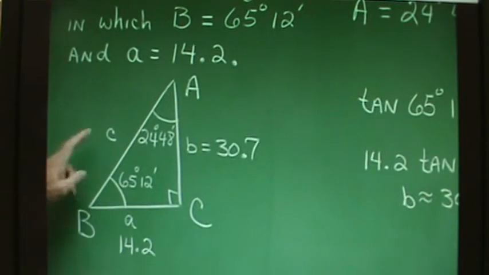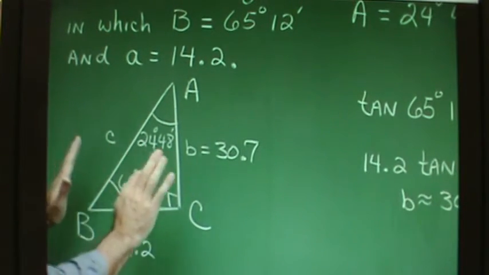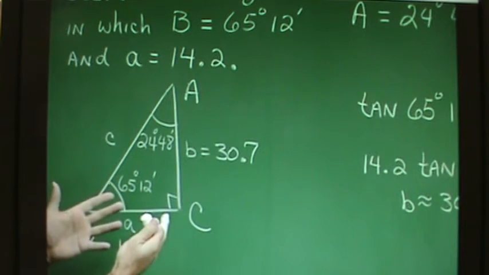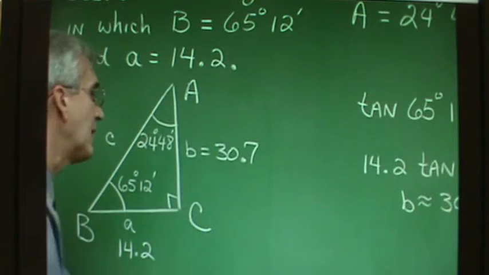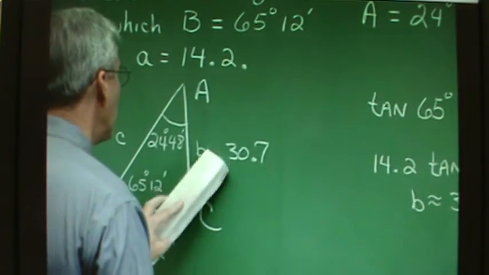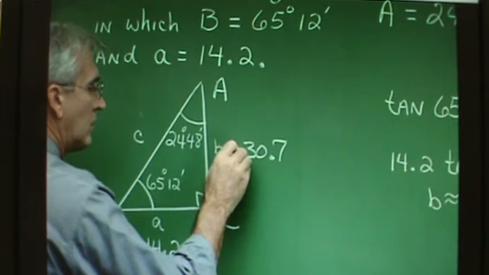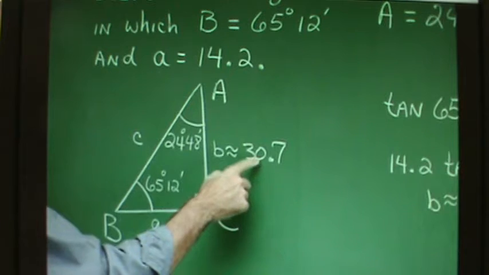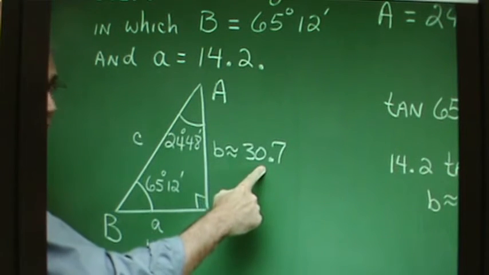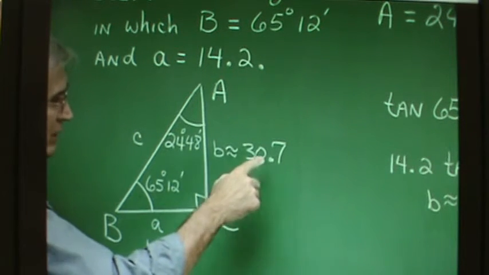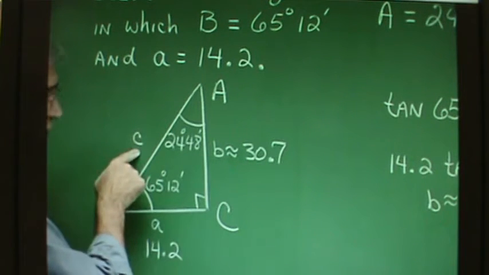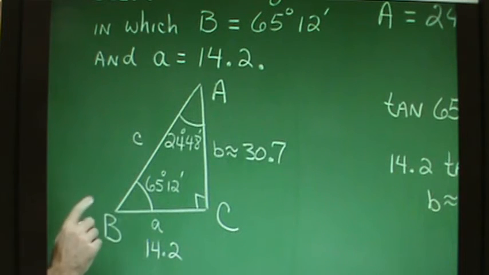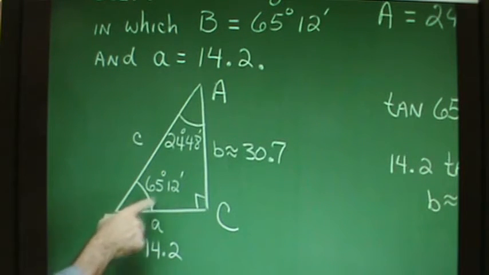Okay, now for side C, once again, I want to caution you about using information that you have calculated. And by the way, I should write approximately equal to here, because this is a long-winded decimal that we rounded to this point. And if I used this value in the calculation of C, then I'm using a mistake. It's a small mistake maybe, but a mistake nonetheless, and we don't want to create an additional mistake for the value of C. So what we want to do in calculating C is involve the given angle, the given side,